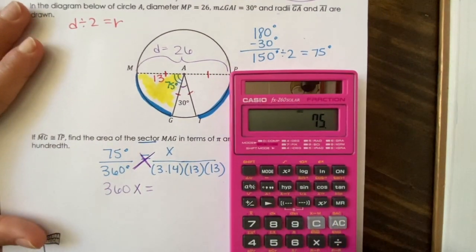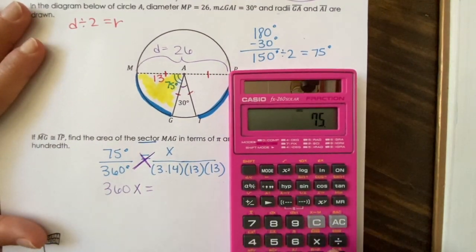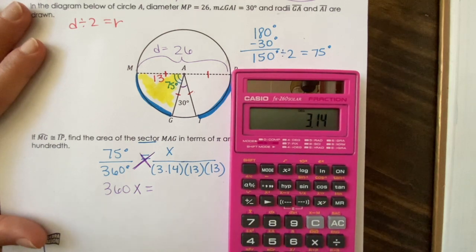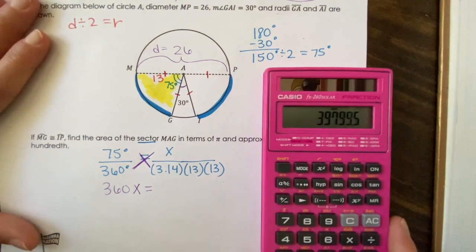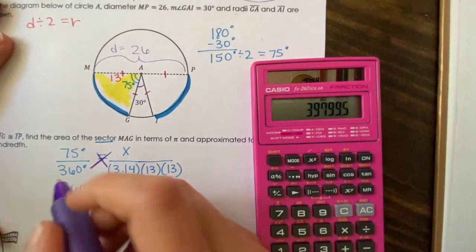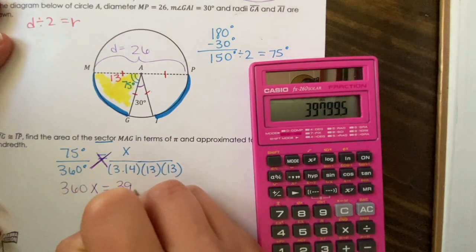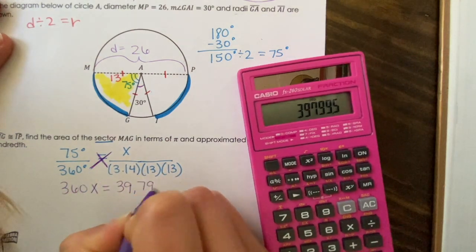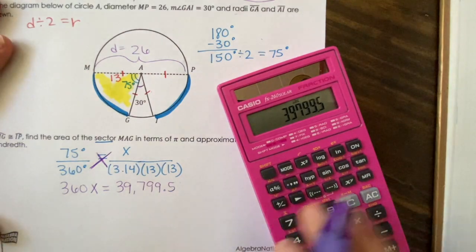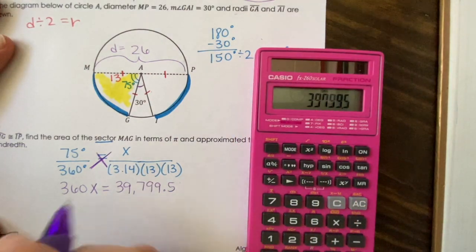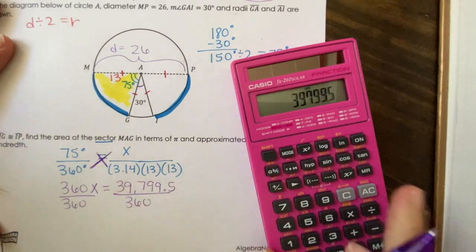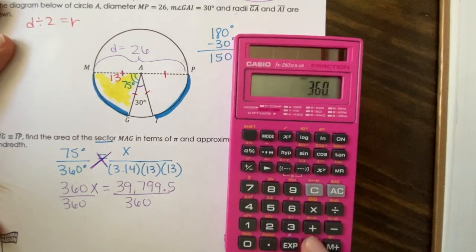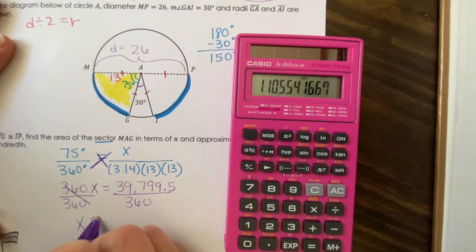75 times 3.14 times 13 times 13, and we get, what is that number? 39,799.5. We're going to divide everything by 360 to get x is about